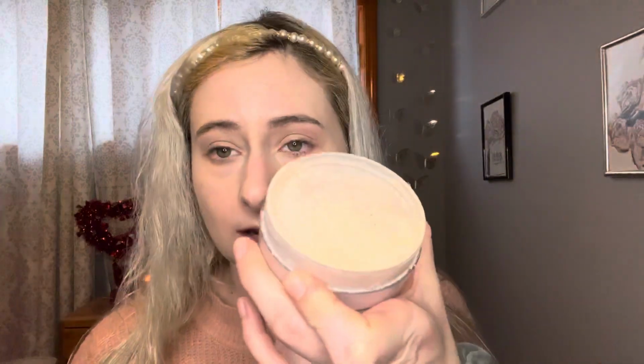Okay, the new powder I picked up is not new to the market, but new to me. This is the original formula Coty Airspun since 1935. Now, this was highly talked about on YouTube when I first started watching, and I got mine in the shade Honey Beige. And I was at the Dollar General and I just decided on a whim to pick it up. So it does have a peachy color, and I have been using this